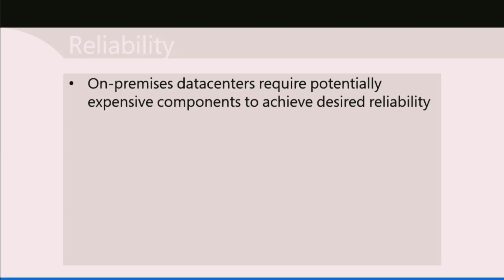It's important that all your applications and services are reliable. In an on-prem data center, you require potentially expensive components so that you can get to the level of reliability that you need. So, for example, if a disk fails, then you'll need another disk that holds the same information so that you can continue operating. Typically, you might have a collection of redundant components built in that way. If a server fails, you want to shift the workloads hosted by that server to another server. If a complete data center fails, then you want to switch all of the workloads hosted in that data center to another data center. Each of these has a cost and a complexity built into them.